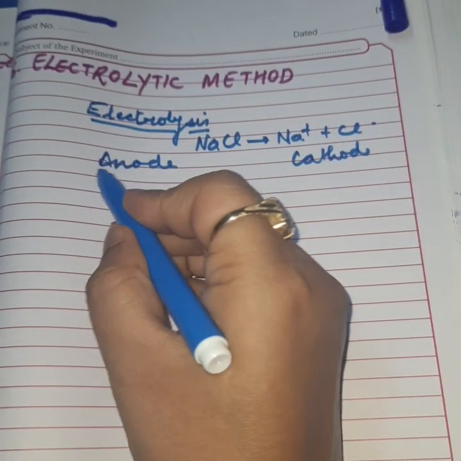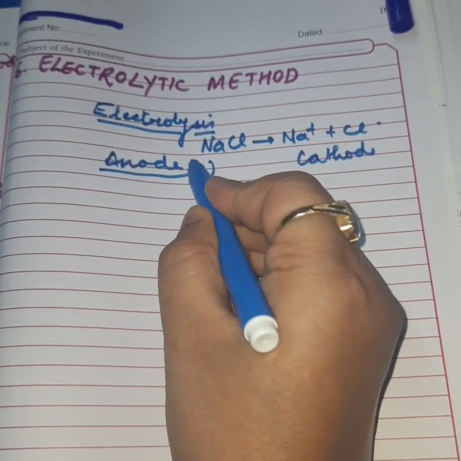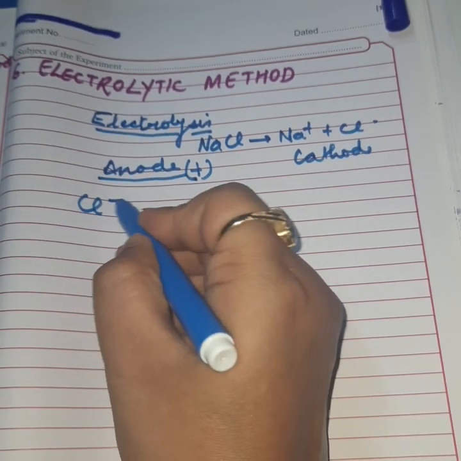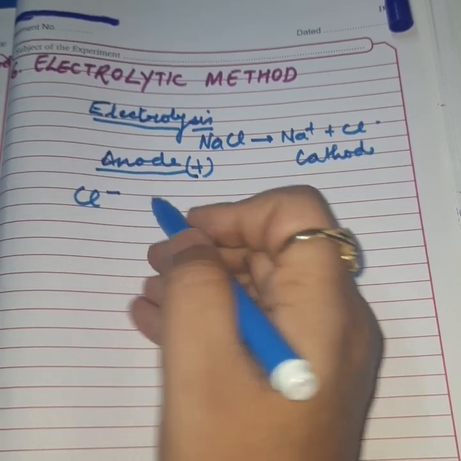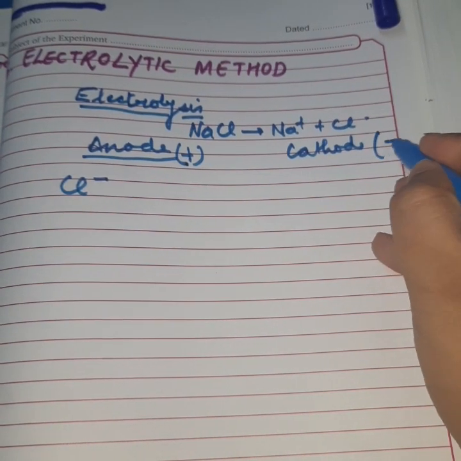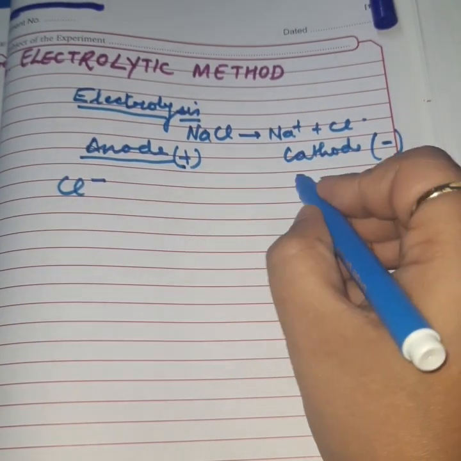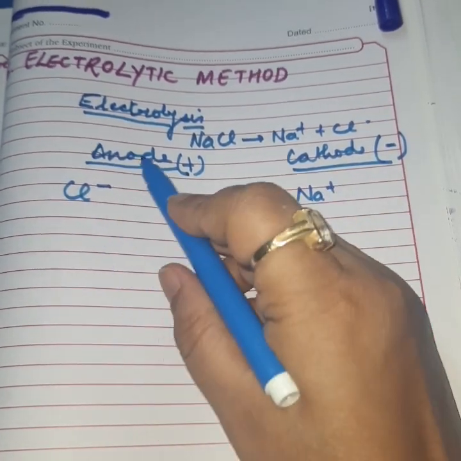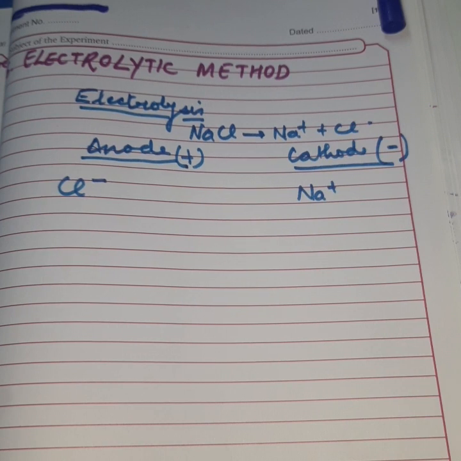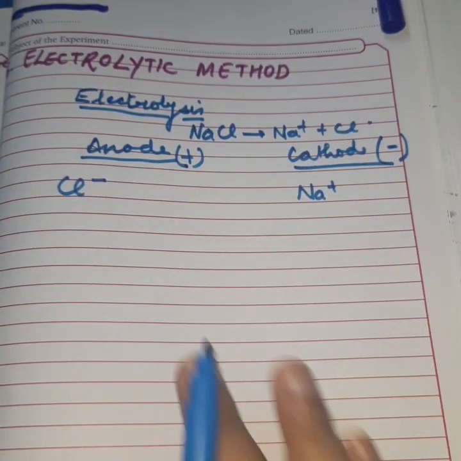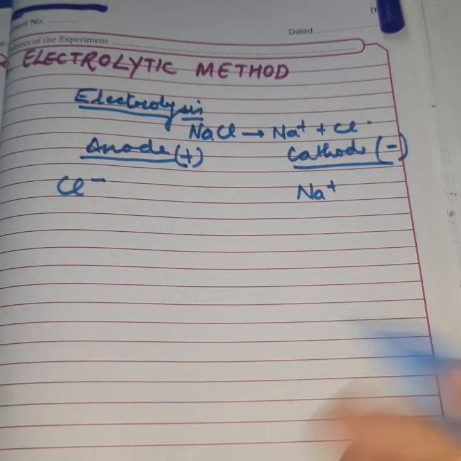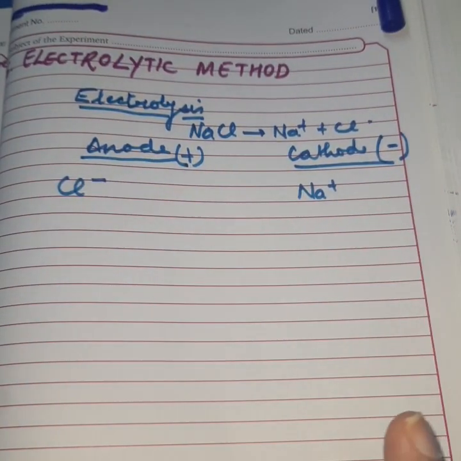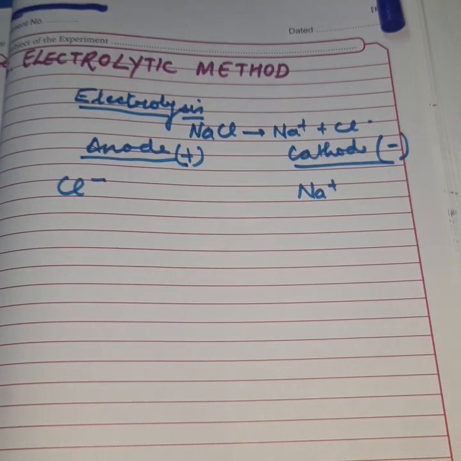We all know very well, anode is the positive terminal of the battery. So towards the anode, negatively charged ions will migrate. Anions will migrate. And cathode is the negative terminal of the battery, and towards the cathode, positive ions, meaning cations, will migrate. So anions migrate towards anode, cations migrate towards cathode. Only migration is not all, and we all know one more thing, that these ions not only migrate towards their oppositely charged electrodes, they undergo electric discharge there.